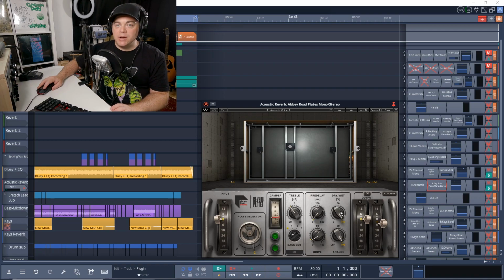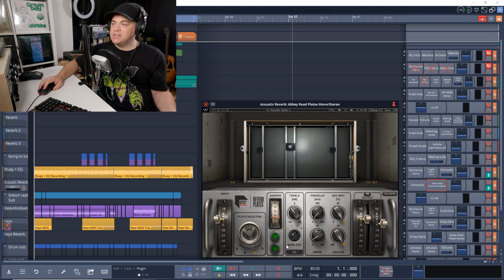You have a nice dry wet mix here, so if you want to use it on a bus, you can, or if you just want to mix it in as an insert, you can do that as well. You have pre-delay, drive to give it a little bit of warmth on there, and you also have this analog control to get some great analog goodness, and a little bit of an EQ section in here as well.